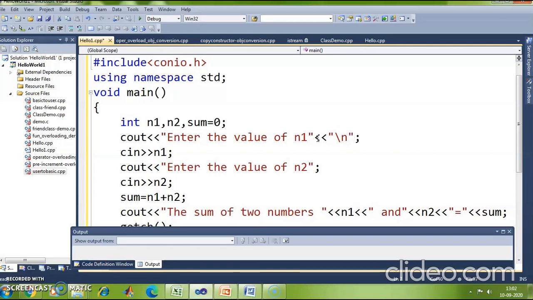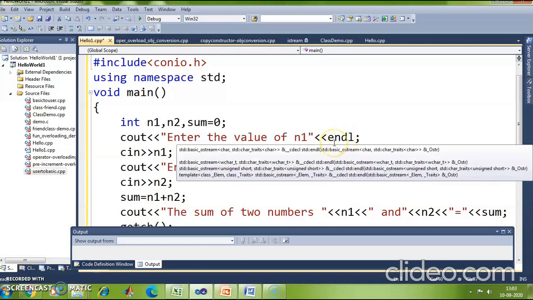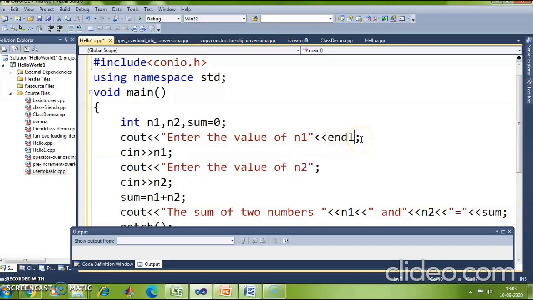Rather than doing like this, I can simply use a manipulator called endl. So, when I print this, what is being printed? \n is being printed. That is, my control goes to the next line. So, also here I will make sure that the control goes to the next line.